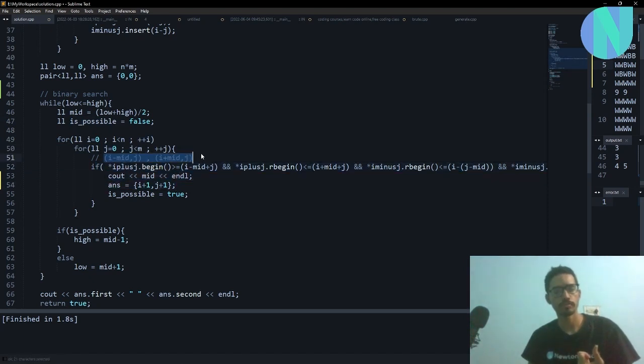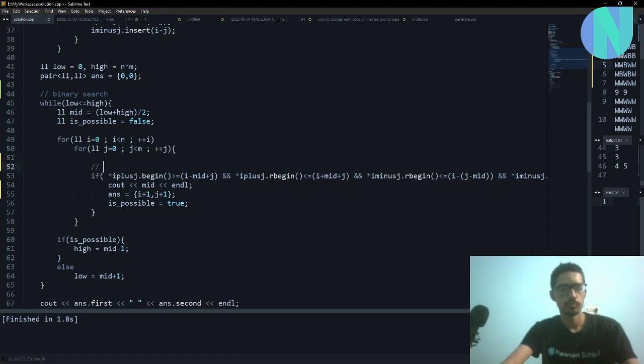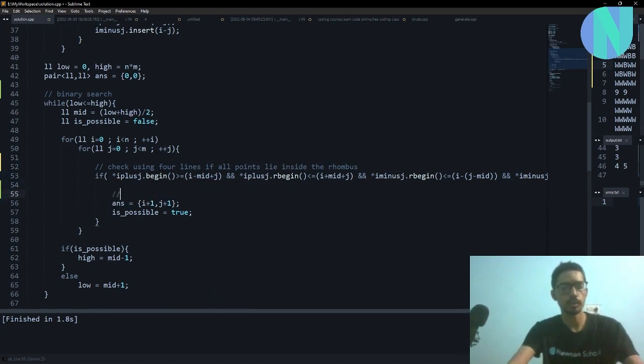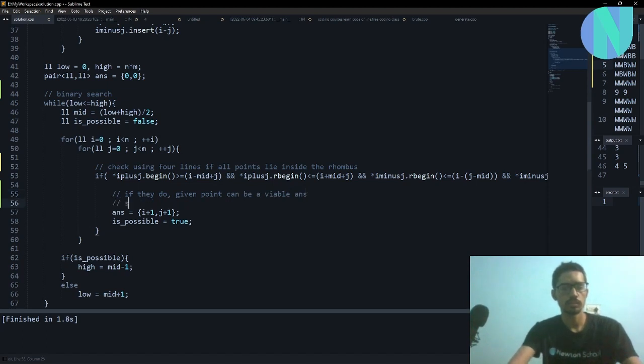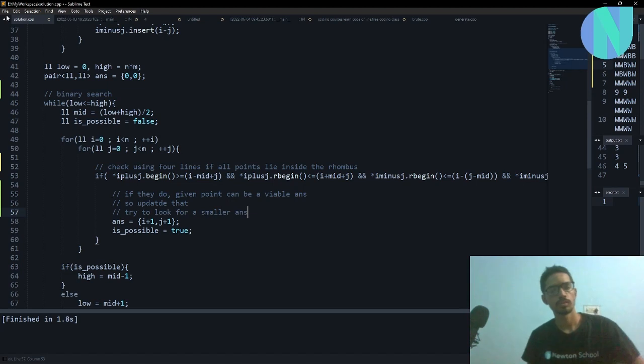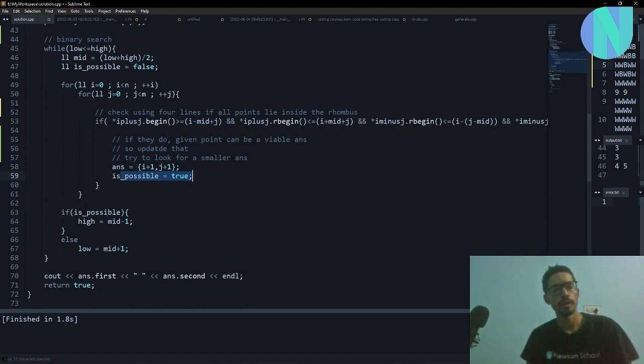And here I check using 4 lines if all points lie inside the rhombus, and if they do, the given point can be a viable answer. So update that and try to look for a smaller answer. So here I set my is possible equal to true, and when is possible is equal to true,